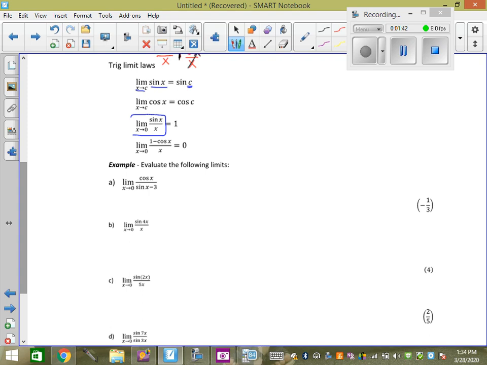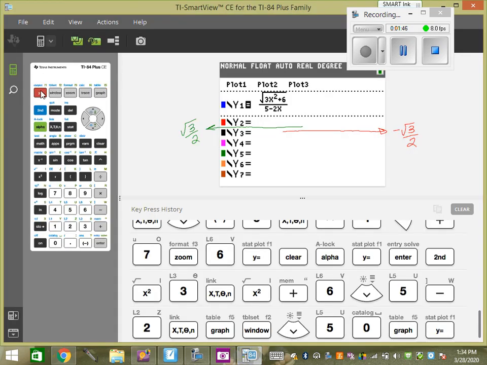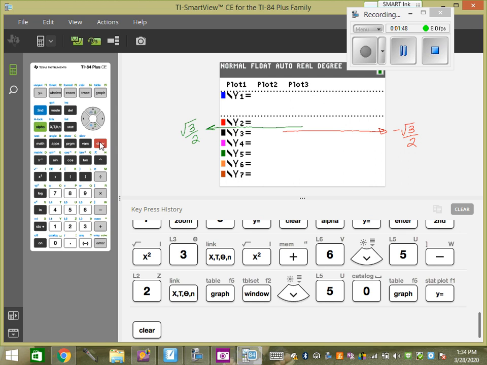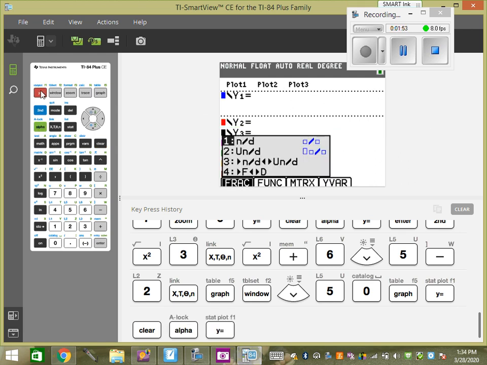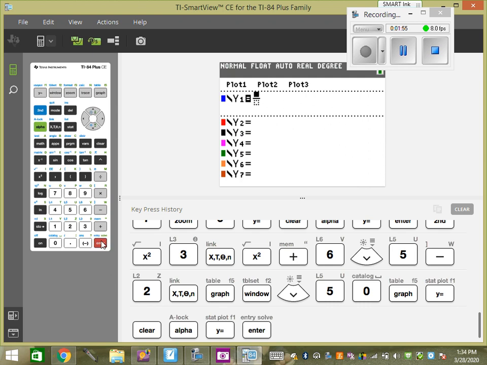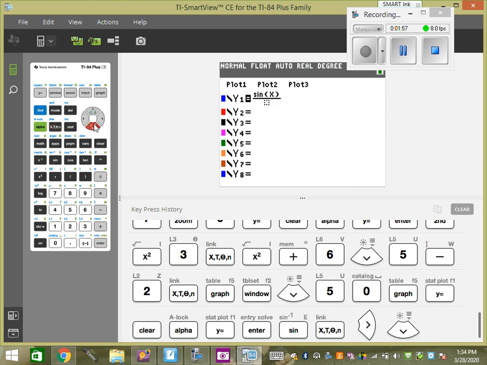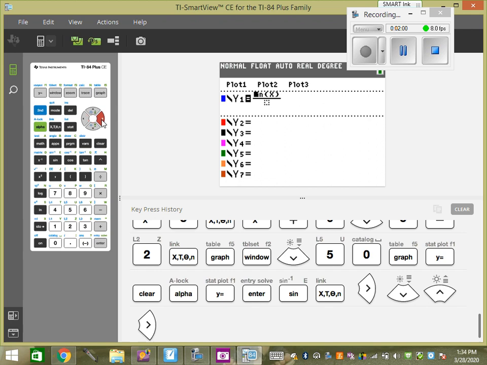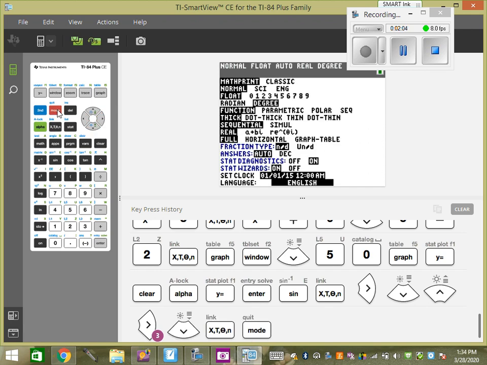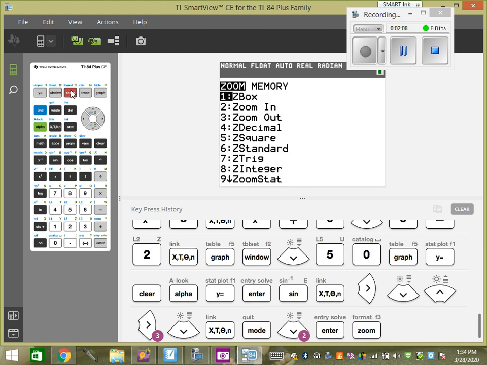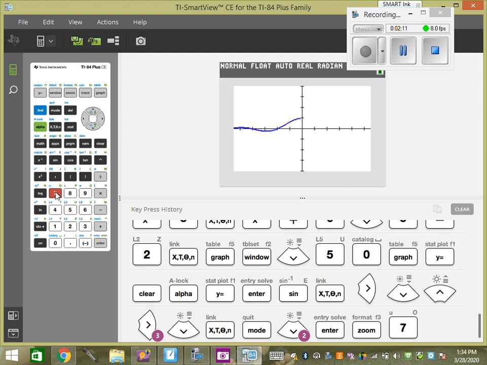So if I actually punch that into my calculator, sine x over x, erase all this lovely stuff from before. I go alpha y equals, enter, sine x over x. And we're in calculus, so I am going to do it in radians, because that's the helpful kind. And I'm going to go zoom trig so you can see it. Okay. Now,